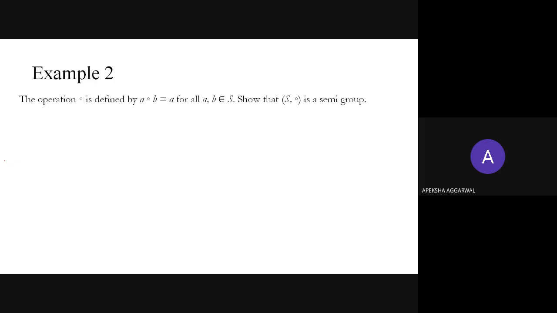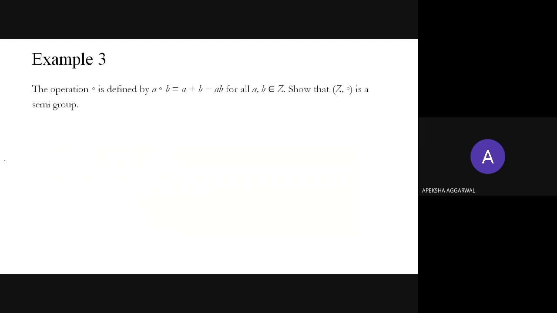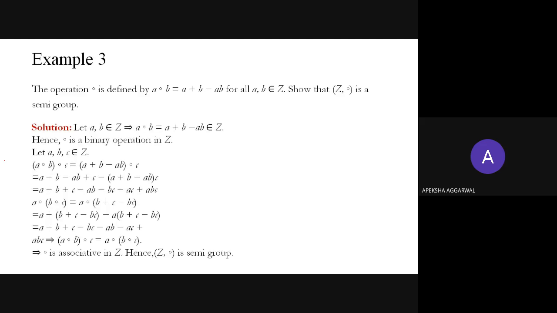Now this is associative or not? Yes, it is associative as well. A O (B O C) is equal to (A O B) O C. Okay. So hence this is a semigroup. But it is not commutative anyway. Okay. Another example. So this is closed under Z. Yes, this is closed under Z and it is associative as well. You need to calculate left hand side and right hand side and you will say whether it's a semigroup or